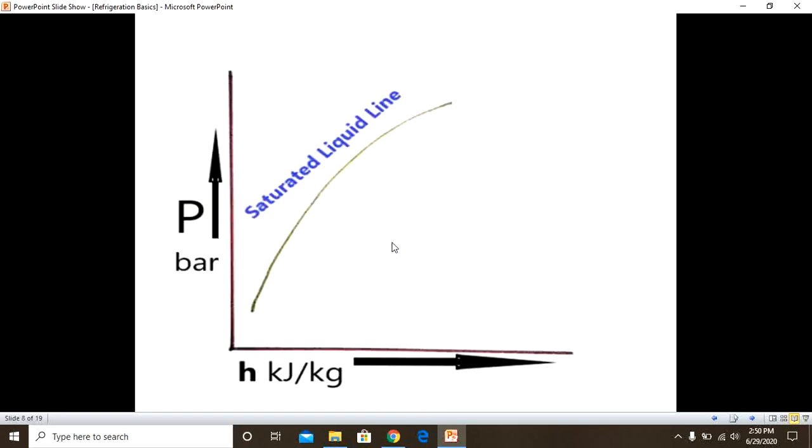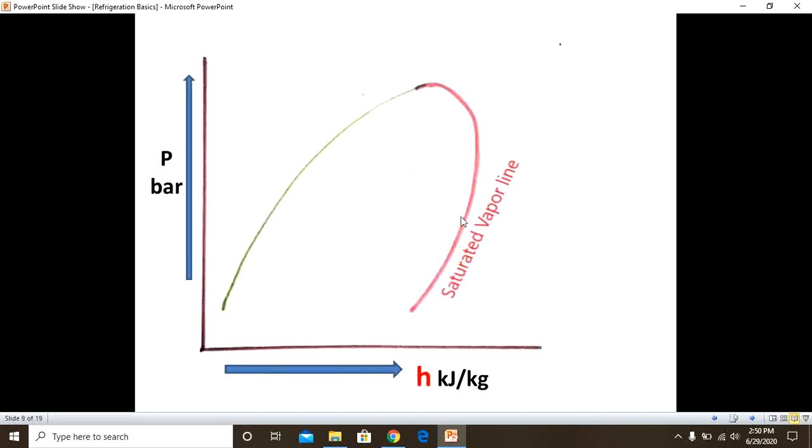Okay, then the pH diagram for your refrigeration system you can observe here. A green line, this is what I so-called the saturated liquid line, and then this is the so-called saturated vapor line. It will become like an inclined dome, a bell shape, an inclined bell shape. It will be there for the pH diagram. P will be on the y-axis, H will be on the x-axis for your convenience.